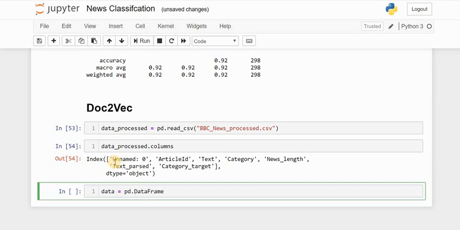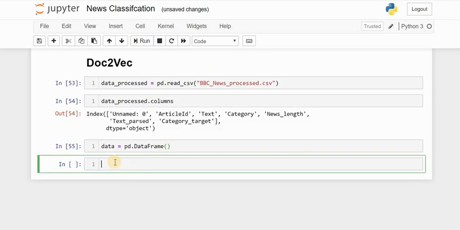Just for simplicity, I am defining another data frame, and I'll be taking the columns text parsed and category target from data_processed into the new variable data.